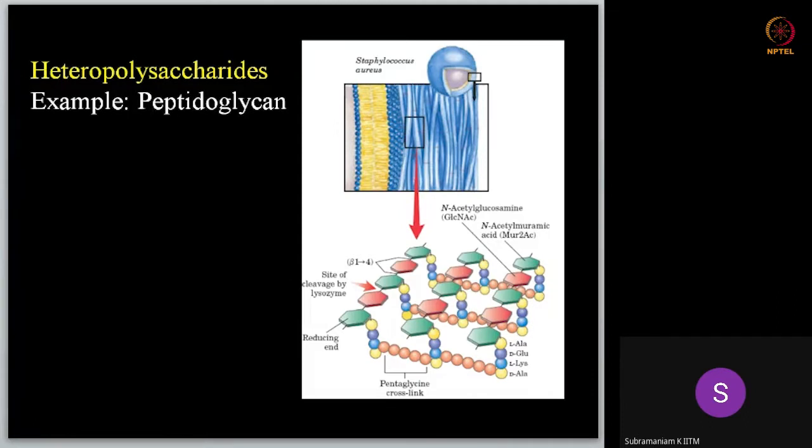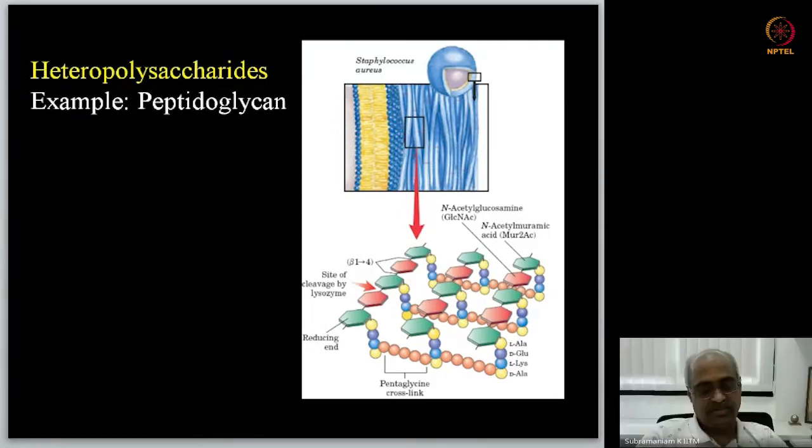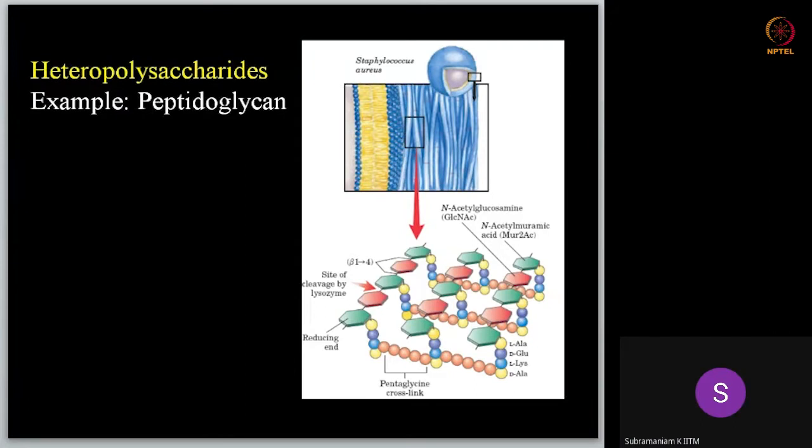Yesterday we discussed homopolysaccharides. We came up to chitin. So chitin is the polysaccharide that forms the structural unit of the exoskeleton of many arthropods, including the insect protective cover for its wings. So today we'll